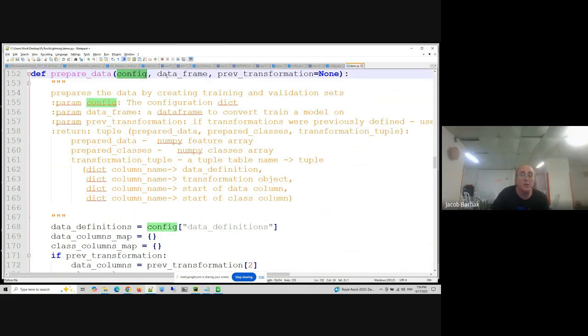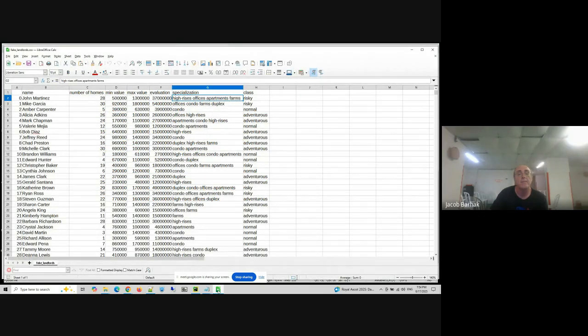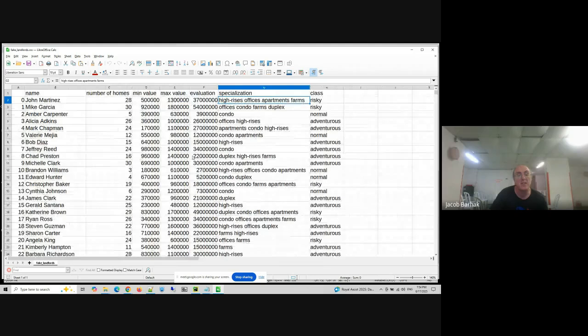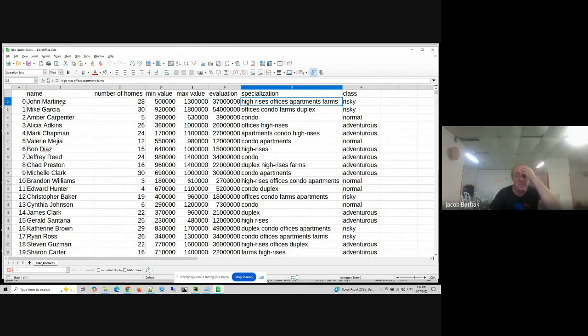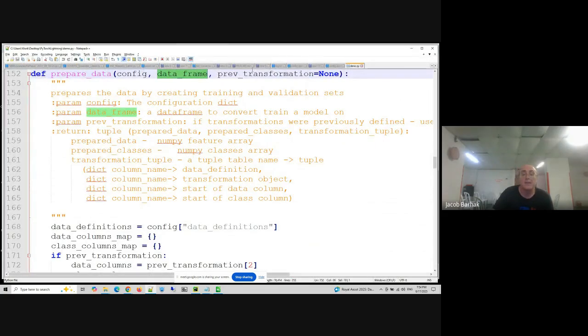You have the configuration, which is all the parameters that you need. You have the data frame, which is basically this file in pandas format, which tells you whether a landlord, its name, whether risky, and so on. So that's the data frame.